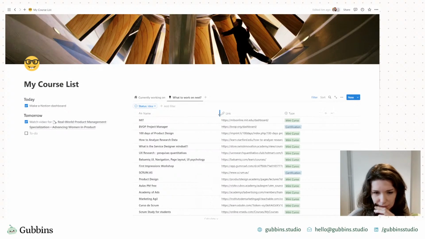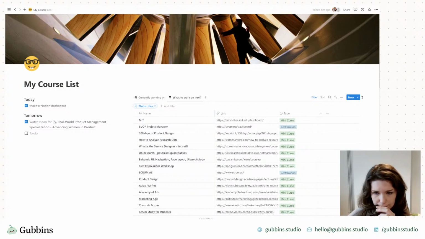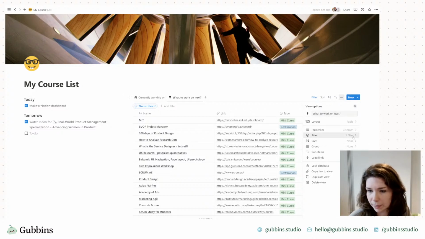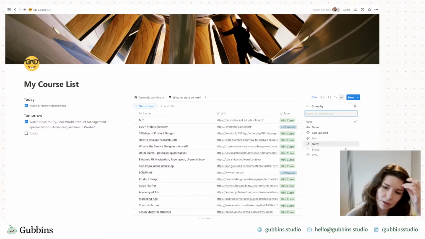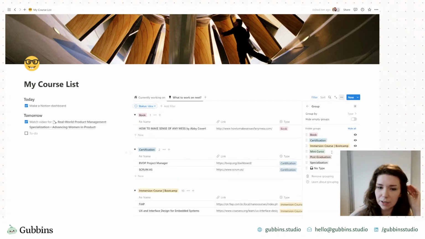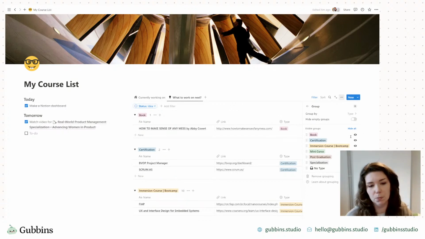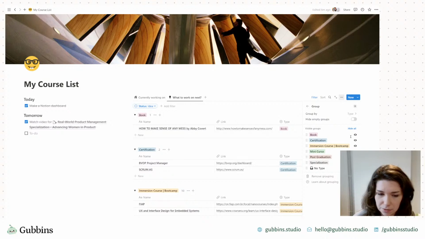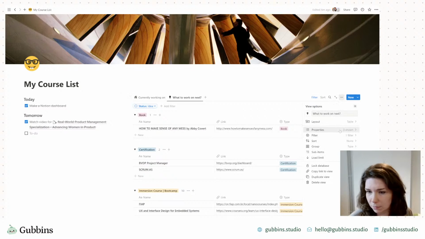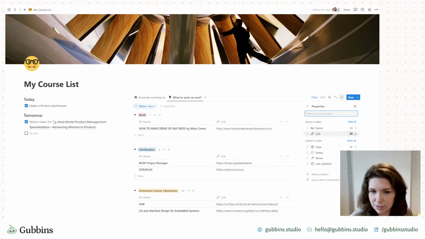What else would you want to see here? Or how would you want to sort them? Okay, another thing you could do if you were trying to decide what you wanted to work on next here is to group them. So if you group by type, then if you were in a headspace where you just wanted to pick up a new book, or if you had not much time and you just wanted to read an article, or whatever's available here, then you could group it by those categories, which means that on properties you'd be able to hide type.